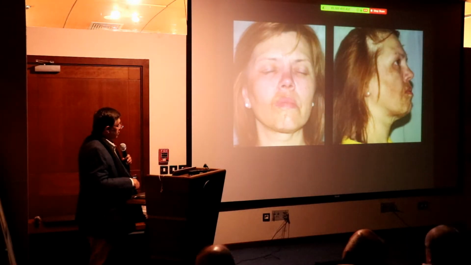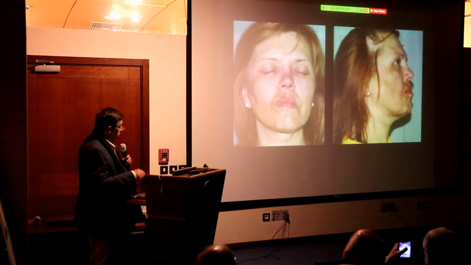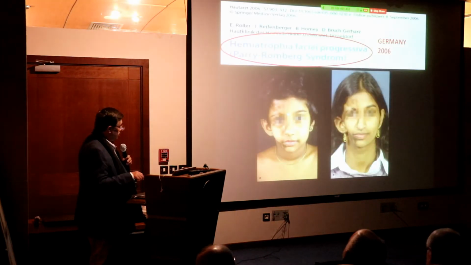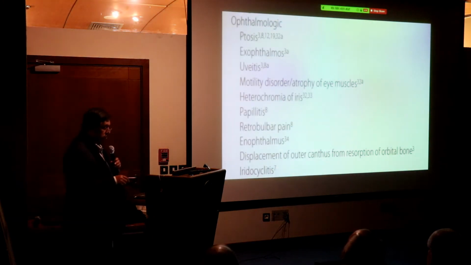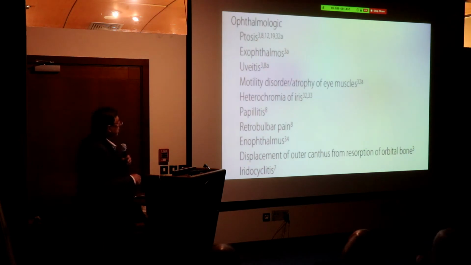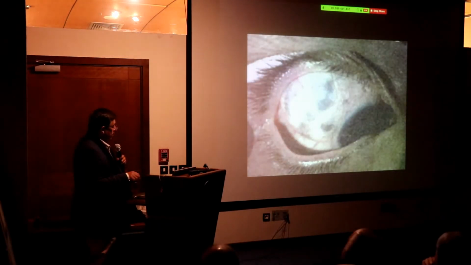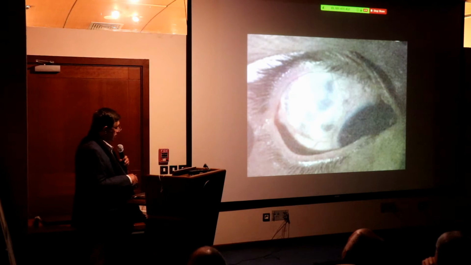There you are. Hemifacial atrophy. One side of the face is atrophied more than the other. Look at this as a child, and it has progressed. This is from Germany. And this here, you can see there's even atrophy of the maxillary sinus. So also it can affect the ophthalmological system: ptosis, exophthalmitis, uveitis, papillitis, and so many other lesions. Look at this, changes inside the sclera,